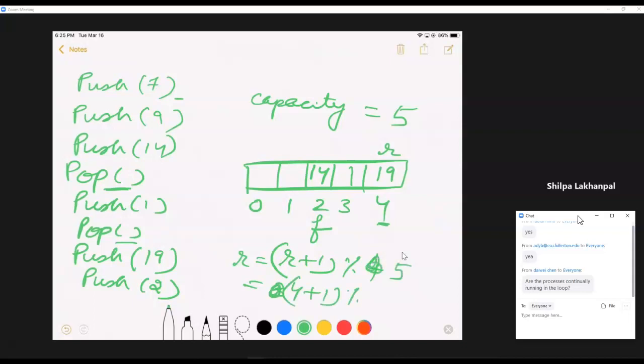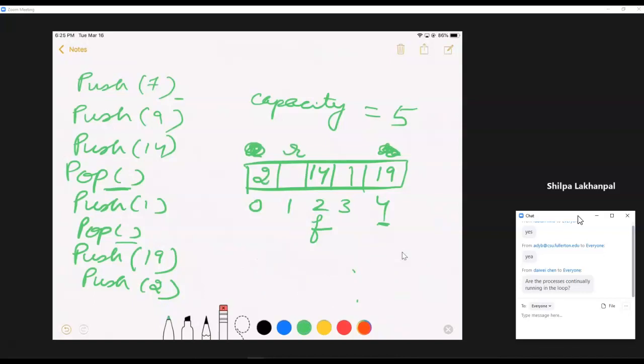Capacity is 5. So mod capacity, that's 5 mod 5, which is 0. So this will move R to 0. Then finally you push 2. So 2 will be placed over here and then R is moved over here. So at the end of all of these commands, this is the resulting queue.